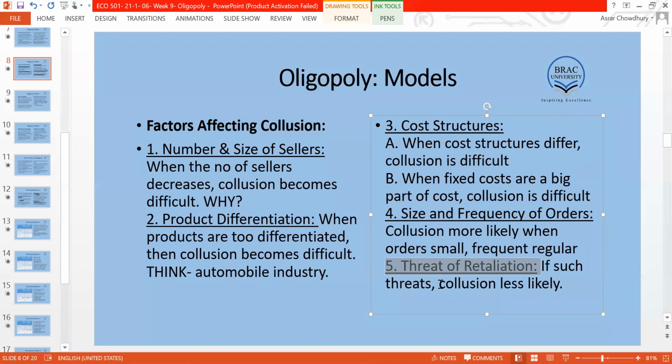Yes, sir. So what happens is collusion is a function of two things: how we trust each other, number one. Number two, as we will see in a little while, over time collusion does not exist. Whether it can exist, we will see in the next class, but for the time being,